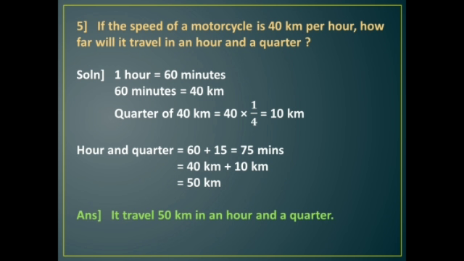So we have to find for an hour and a quarter. So hour and quarter is equal to 60 plus 15. Quarter means 15 minutes. So 60 plus 15 is 75 minutes and 40 plus 10 is 50 kilometers. So it travels 50 kilometer in an hour and a quarter. Next,